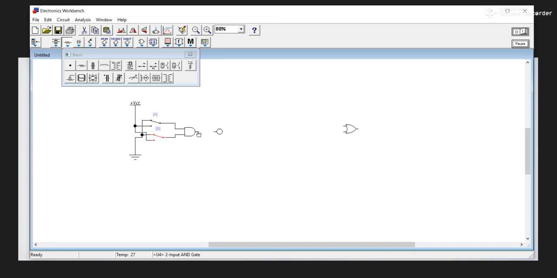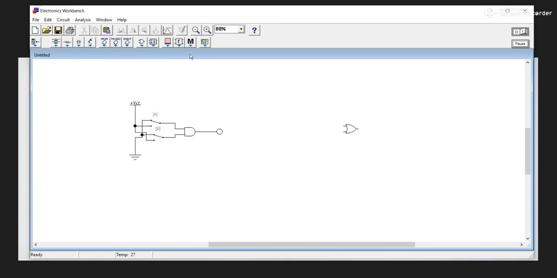Now when you connect this to this, you have the circuit complete. Now as it is by default, I have the two inputs A and B connected to 0, which is ground, and these are connected to high. Now if I want to simulate to see the operation of a simple AND gate I have illustrated above,